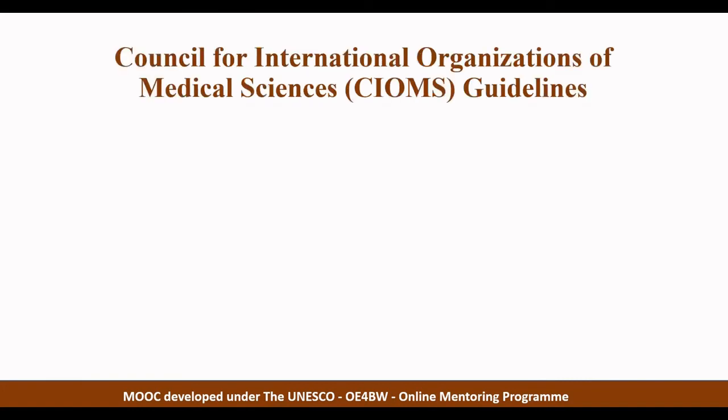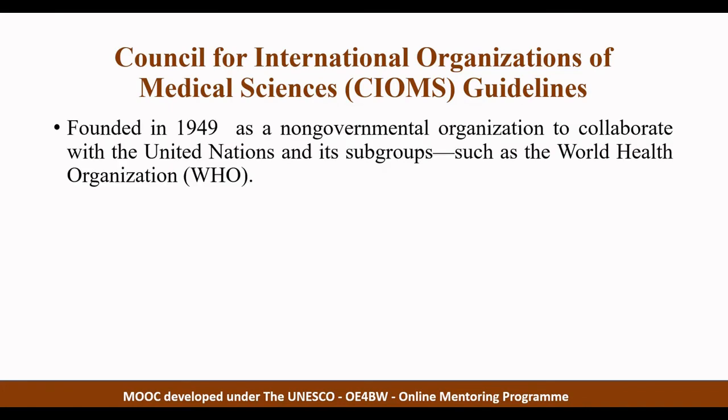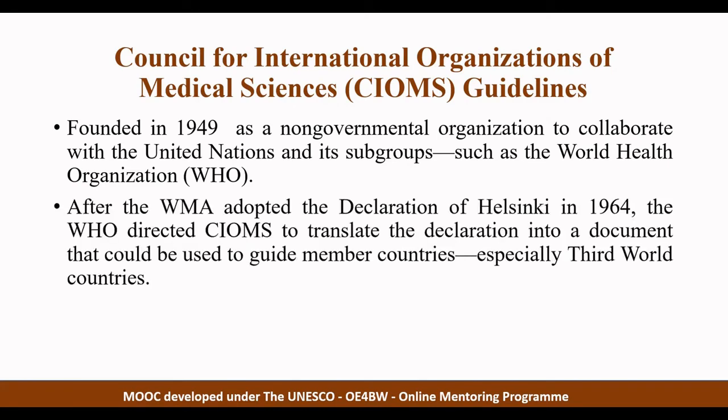The Council for International Organizations of Medical Sciences Guidelines. The Council for International Organizations of Medical Sciences, a non-governmental organization founded in 1949, was established to collaborate with the United Nations and its subgroups such as the World Health Organization. After the WMA adopted the Declaration of Helsinki in 1964, the WHO directed CIOMS to translate the declaration into a document that could be used to guide member countries,